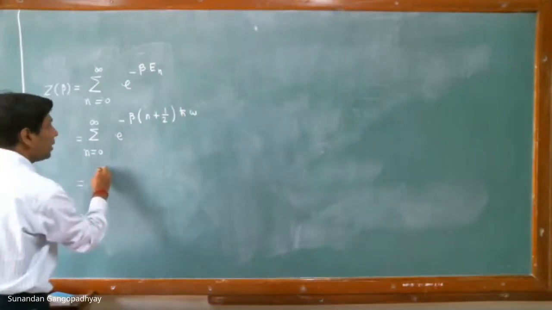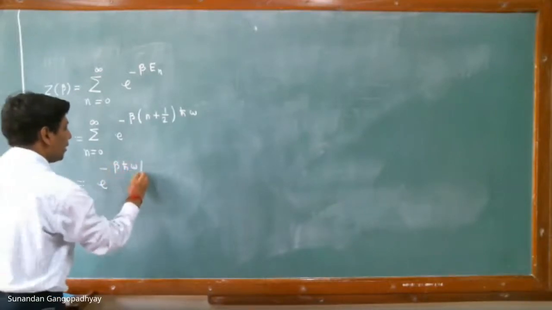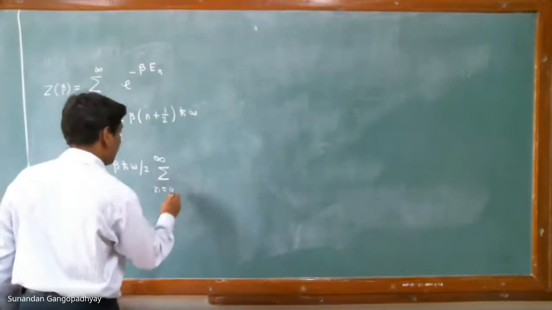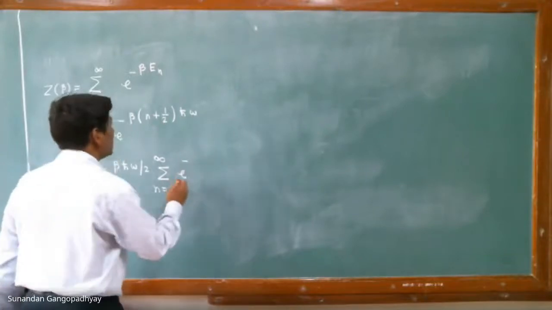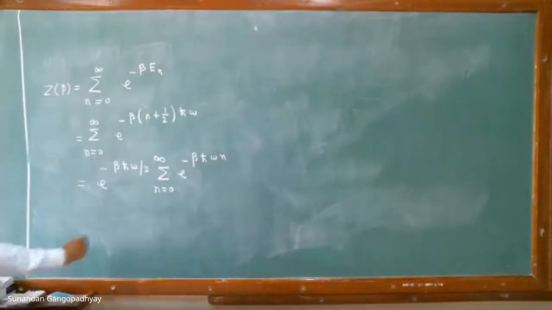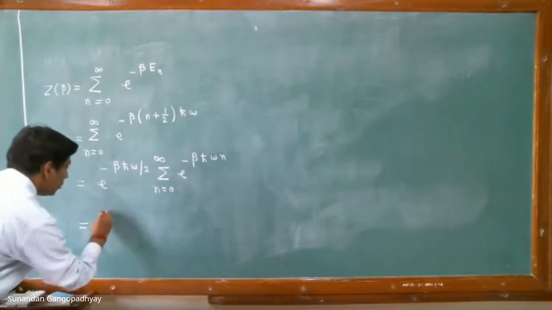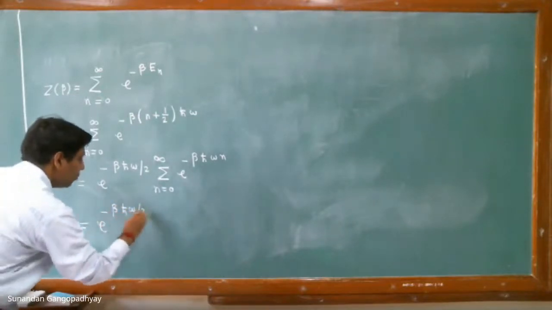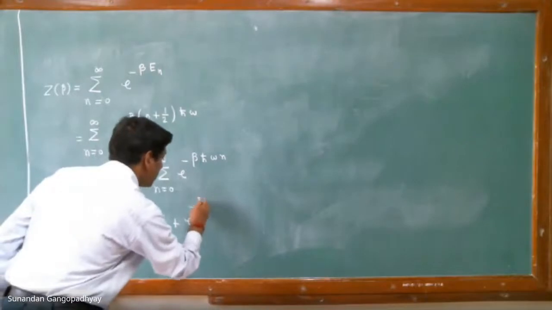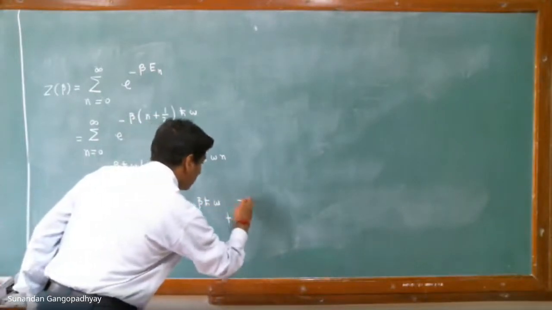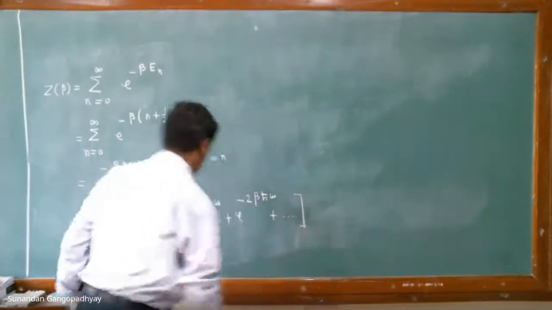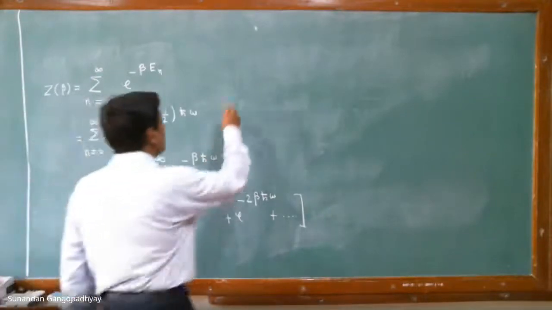Therefore, what we can do is take this factor out, e to the power of minus beta h bar omega by 2, and then we have e to the power of minus beta h bar omega n. Then you just expand this: 1 plus e to the power of minus beta h bar omega plus e to the power of minus 2 beta h bar omega plus so on. So we have this. Therefore, this is equal to